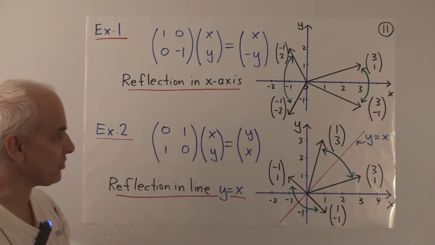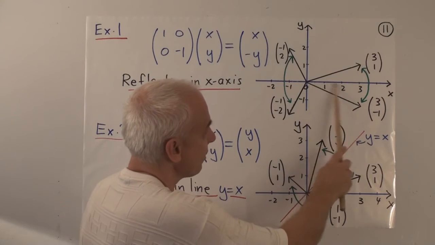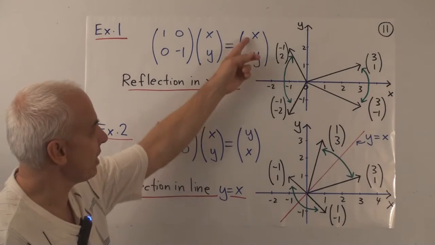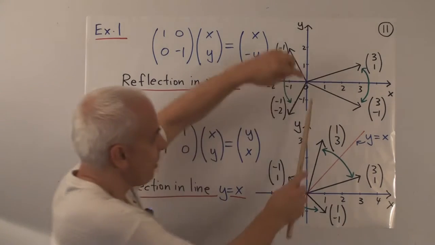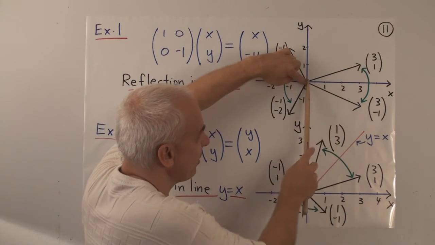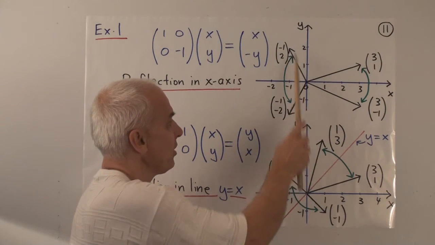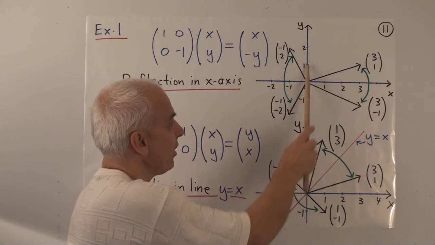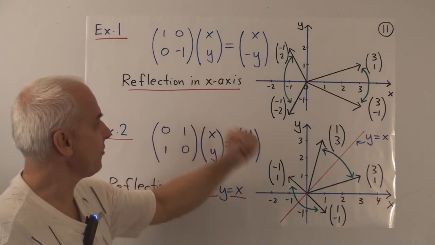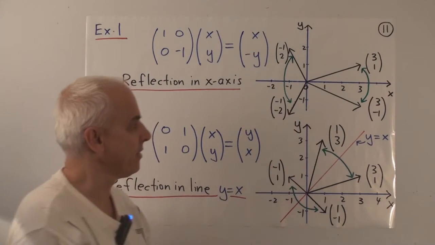And what does that do geometrically? Well, let's look at some examples. There's the vector (3, 1), 3 in the x direction, 1 in the y direction. It would be sent to the vector (3, -1), which is where? Well, the x component hasn't changed, but the y component is now -1. So it's gone from there to there. Another example, say this vector here, which has components -1 and 2, so that's the vector (-1, 2) there. That's sent, under this same transformation, to the vector (-1, -2), which is down here.